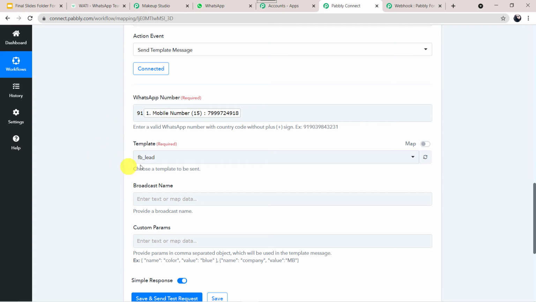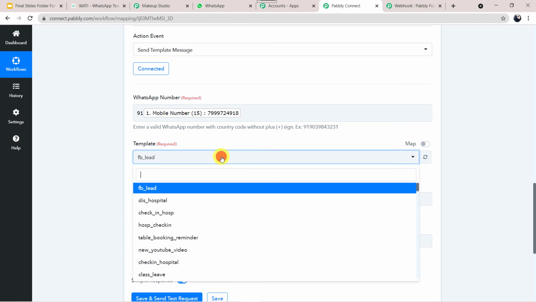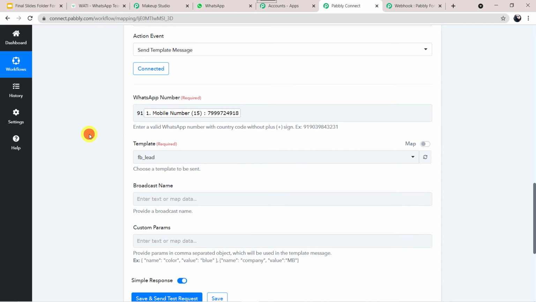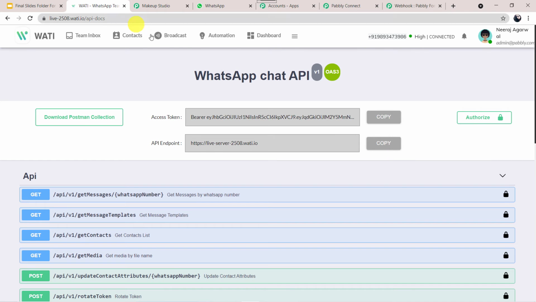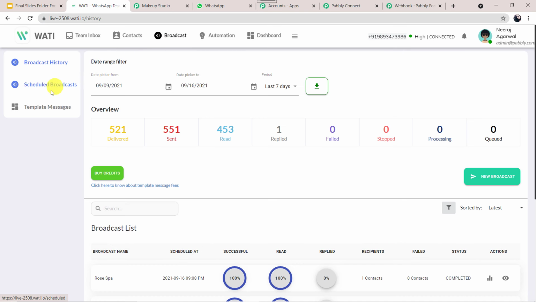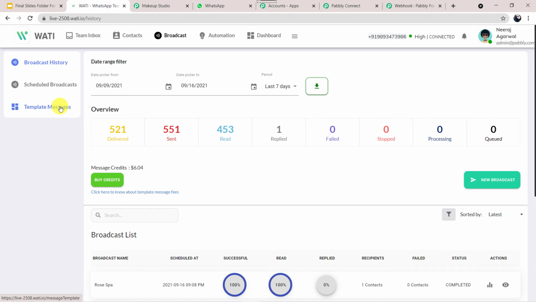Okay. Now the next one is template. So what is a template? Template is simply a message that needs to be sent on the WhatsApp number. Okay. So let me take you to Vati again. Here we have to click on the broadcast and here we can find template messages.